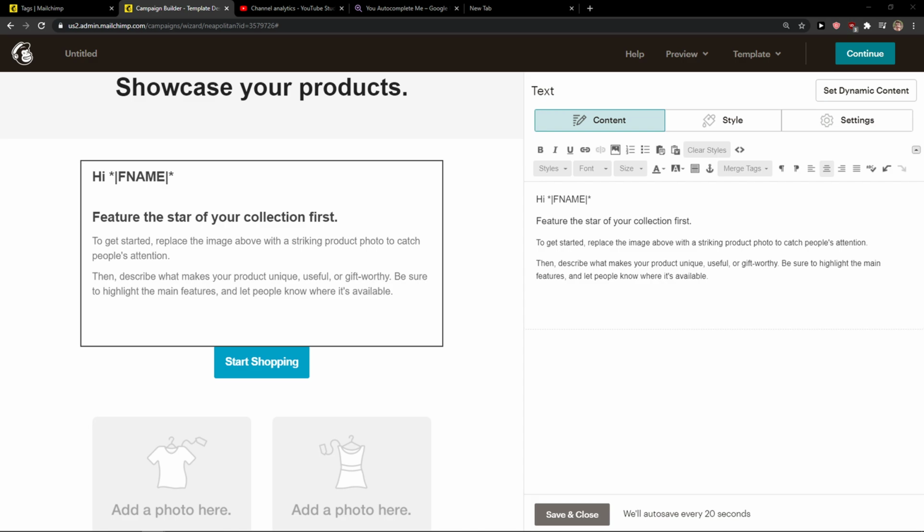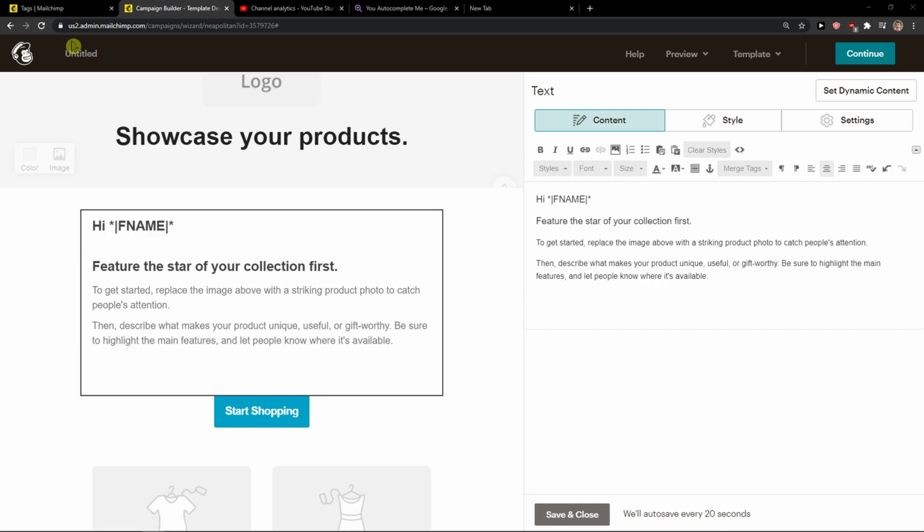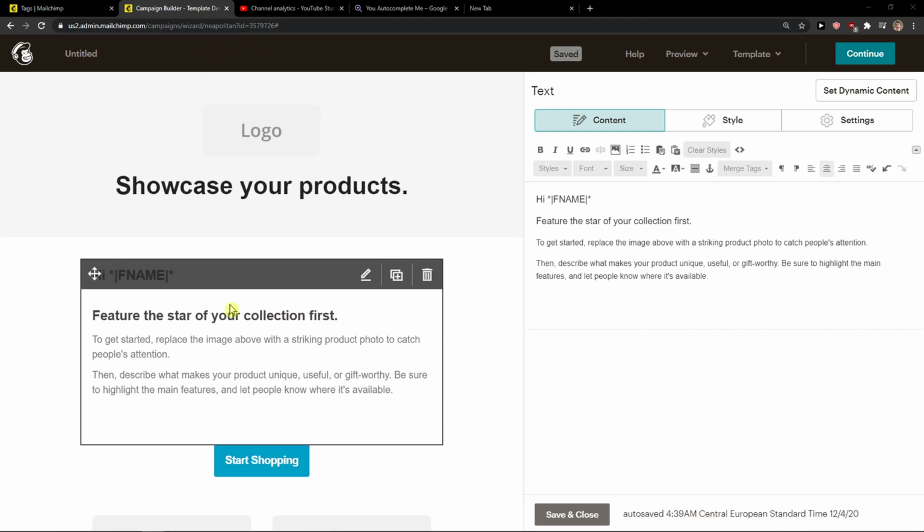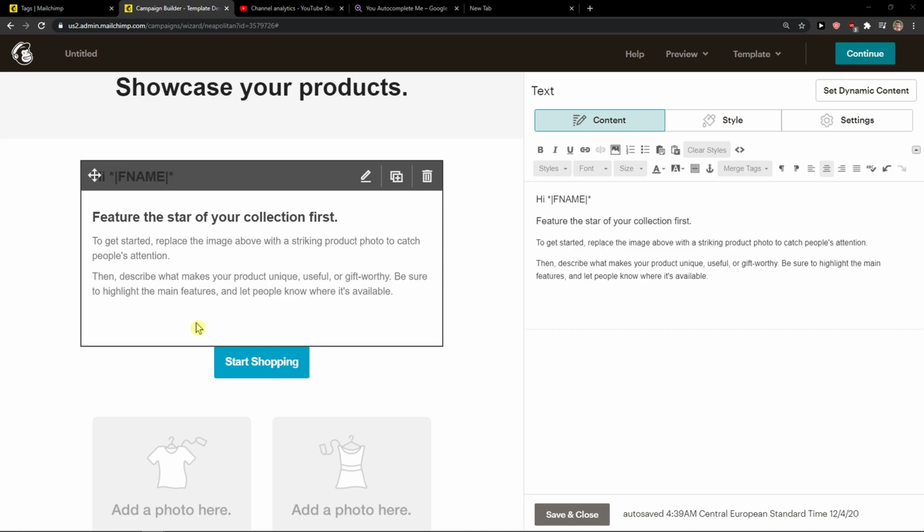a file in Mailchimp. So let's start. There are two ways how you can actually do it. The first way is when you're gonna be in your design, or how would I call it, your campaign editor,